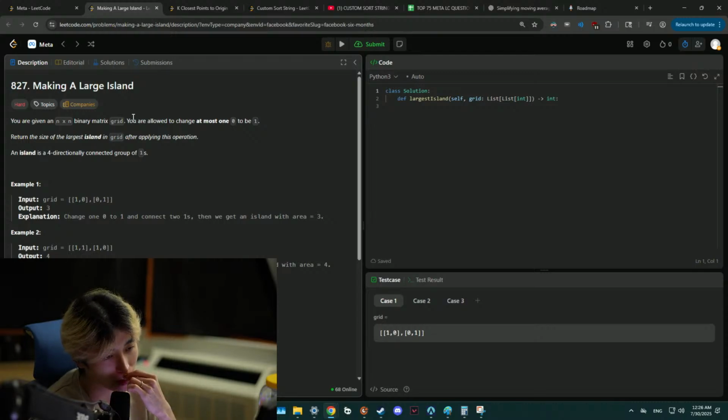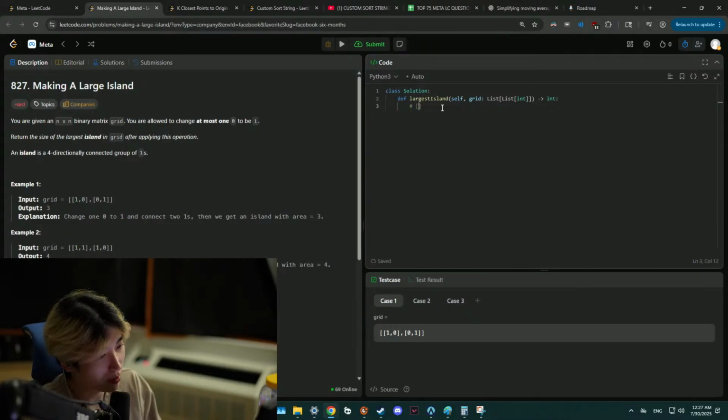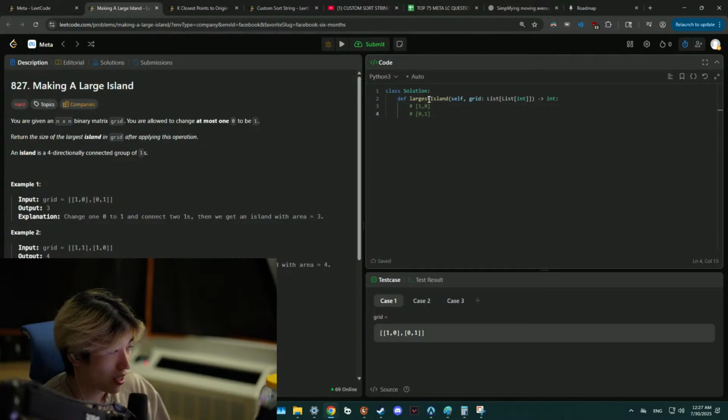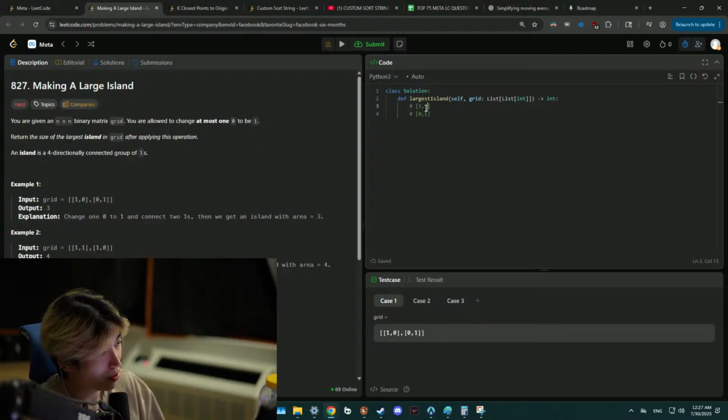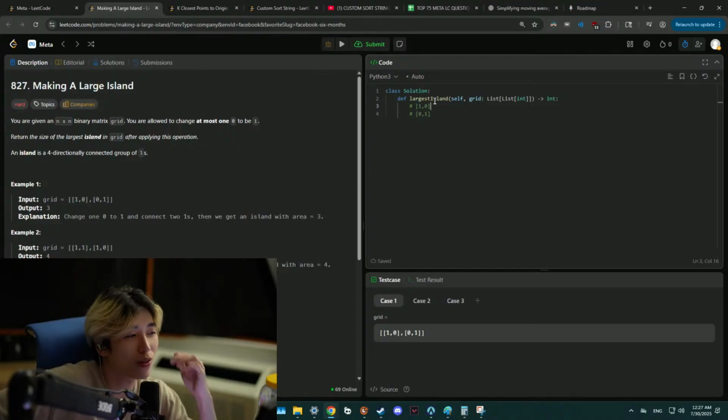Holy frick. We're given an n by n binary matrix. You're allowed to change at most one 0 to be a 1. Return the size of the largest island in grid after applying this operation. Oh my god. Okay, so if I had a 1 0 and then a 0 1, obviously changing one of these will make the area 3. But by themselves it's only 1. So how are you supposed to figure out